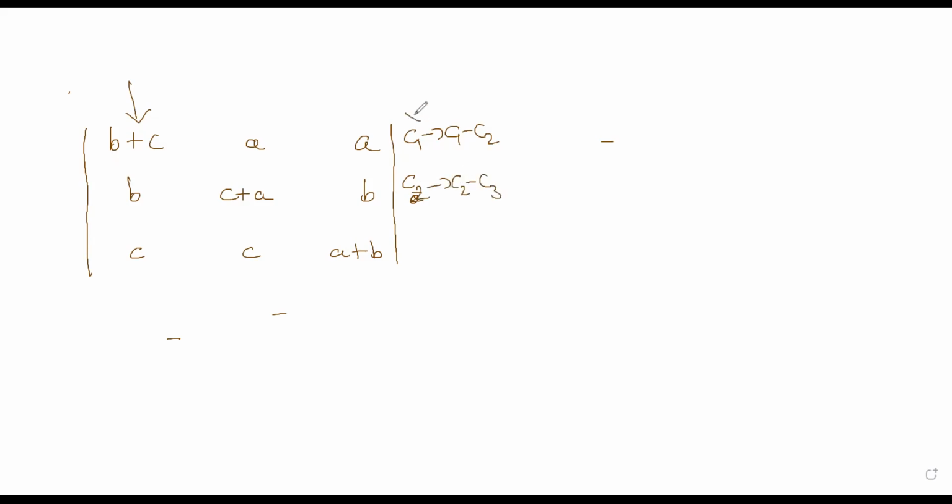I can do that. This one is the first, this one is the next operation. C2 minus... okay, that also can give zeros. You see, B plus C minus A, right? B minus of C plus A, B plus, and then C minus C, that is 0, right? And now next is C2 minus C3, that is A minus A. Here I get 0. C minus C is 0, plus A minus B, A minus C is 0, right? And then plus C minus of A plus B, C minus A plus B, and then A plus B.